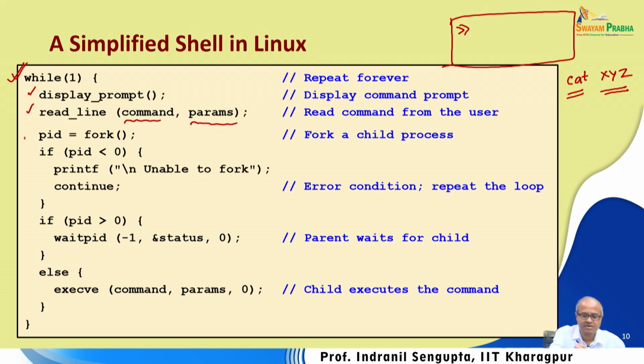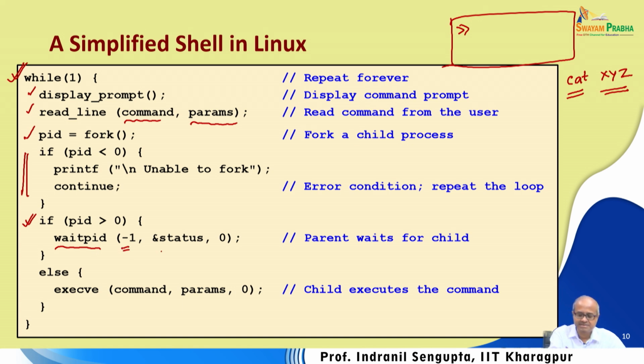So, you create a new process by fork. First, you see that whether there is an error, PID is negative or not, you flag an error message. You can choose to continue, you can choose to stop, whatever you want. But if it is a parent process, PID is greater than 0, you do not do anything, just wait for the child to finish, because child will be running that command. You call this waitpid command,